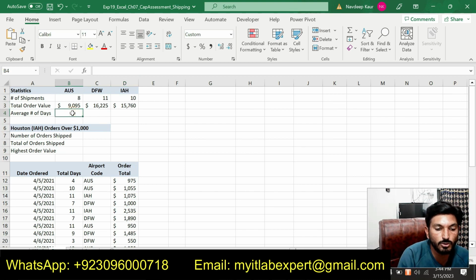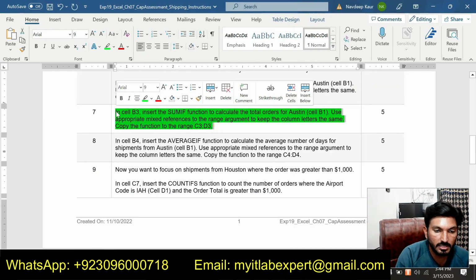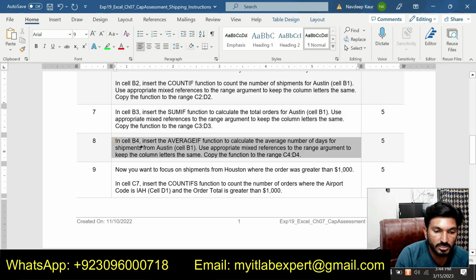These are the statistics we are getting. So let's do this step now. That will be our next step. That is step number 8. In step number 8, we are supposed to use the average function in cell B4